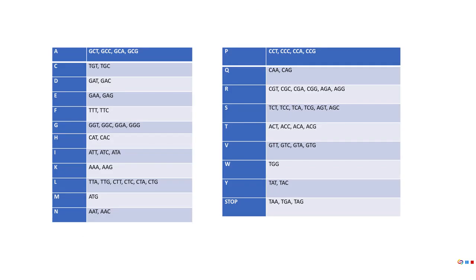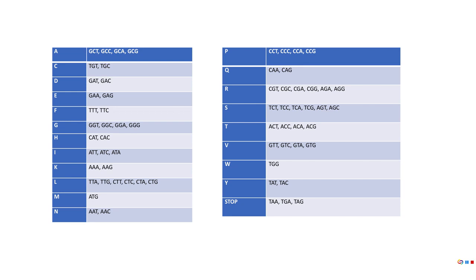Here's a table. I'm showing on the left-hand column the single letters of the protein alphabet, and in the right-hand column, the three different DNA letters that come together to spell out that one protein letter. So, for example, an A in a protein could be spelled using GCT in DNA, or GCC, or GCA, or GCG. But some letters, for example, like an M, can only be spelt using the DNA code ATG. And each of these groups of 3 DNA letters are called codons.